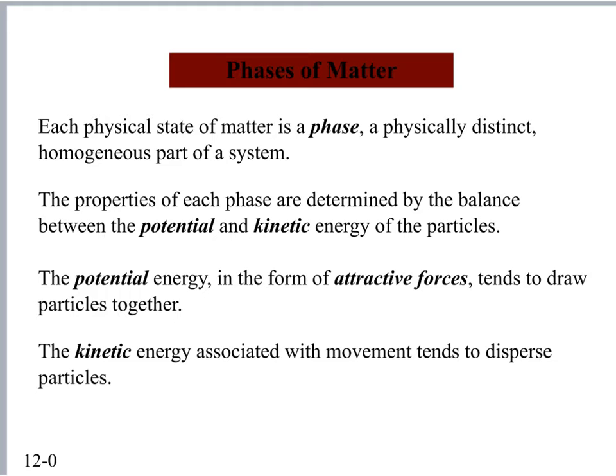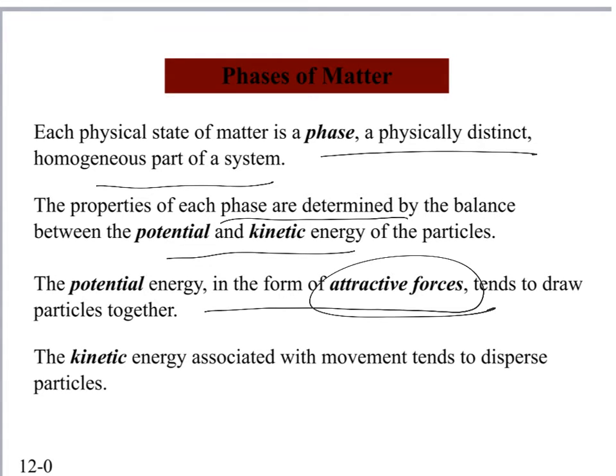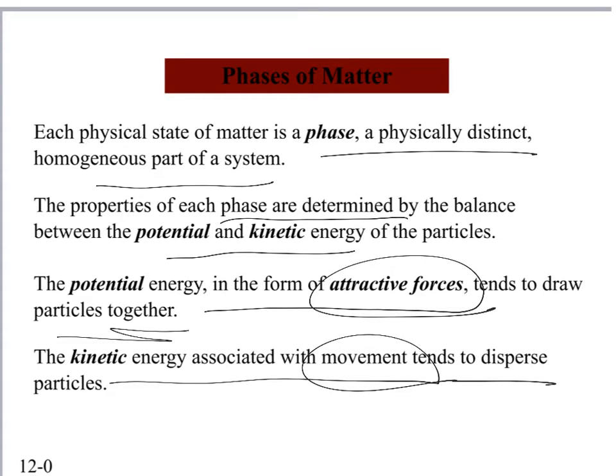So here I have just typed some sentences about phases of matter. So when we talk about phases of matter, it's a physically distinct, homogeneous part of a system. The properties of each phase are determined by the balance between potential and kinetic energy of the particles. Potential energy in the form of attractive forces tends to draw particles together. Kinetic energy associated with movement tends to disperse the particles. So you have this constant battle between the two, and who wins is going to basically let you know what